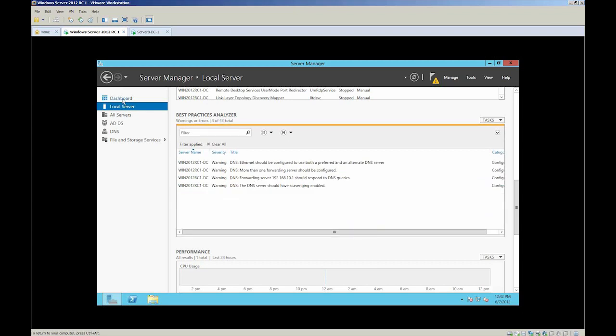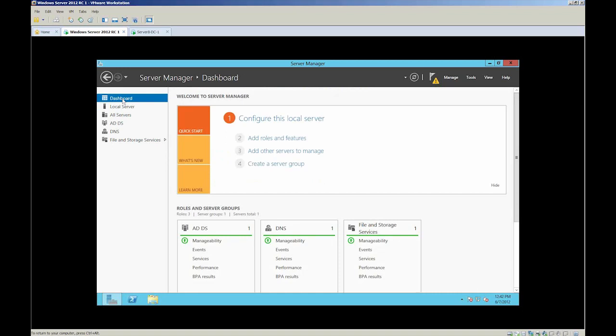And what should hopefully happen now, there you go. Go back to the dashboard. I don't have those red boxes staring at me. It's kind of intimidating when you see those red boxes staring at you. So those are gone.